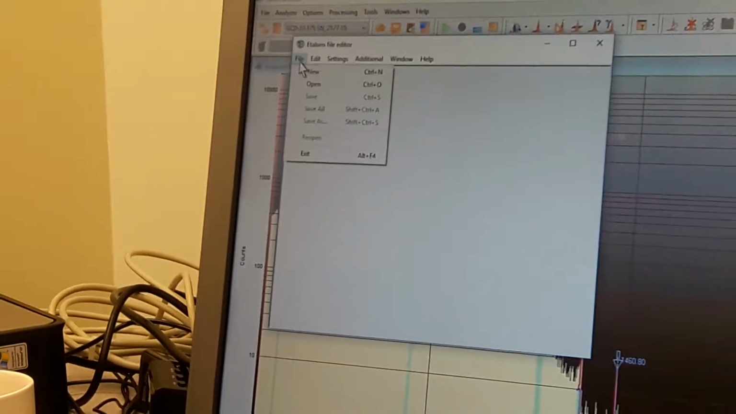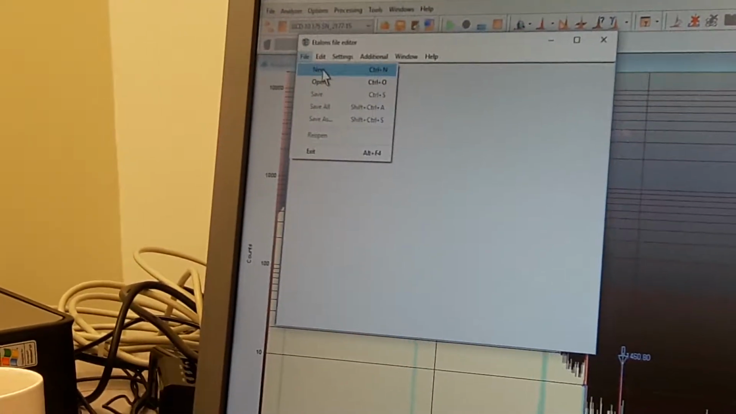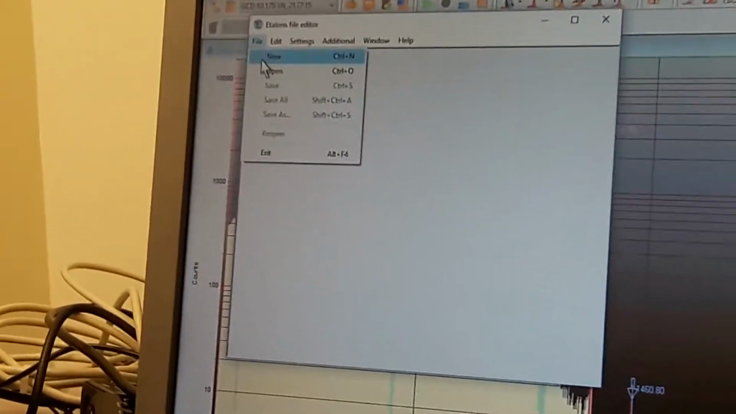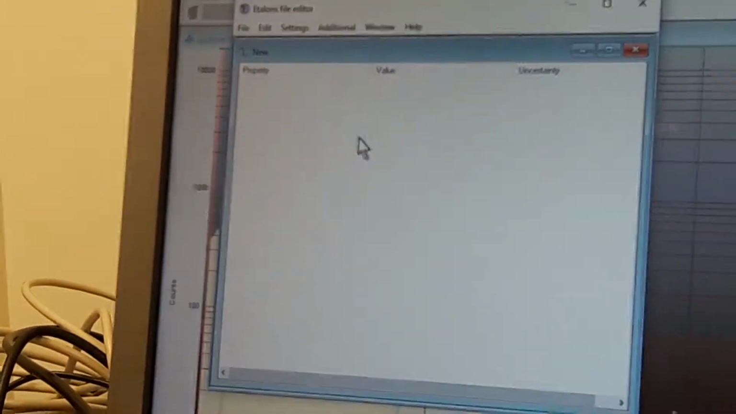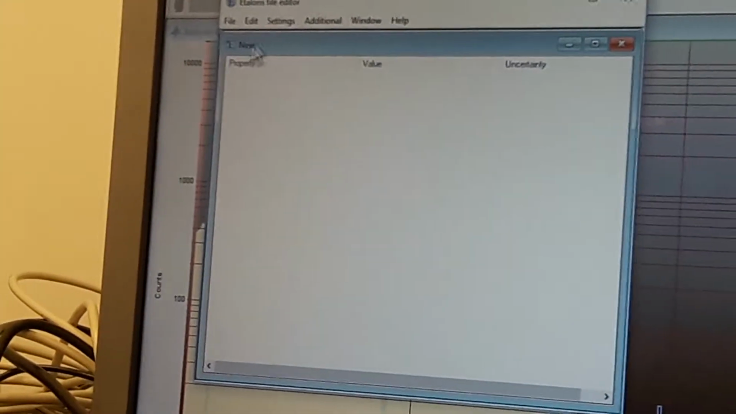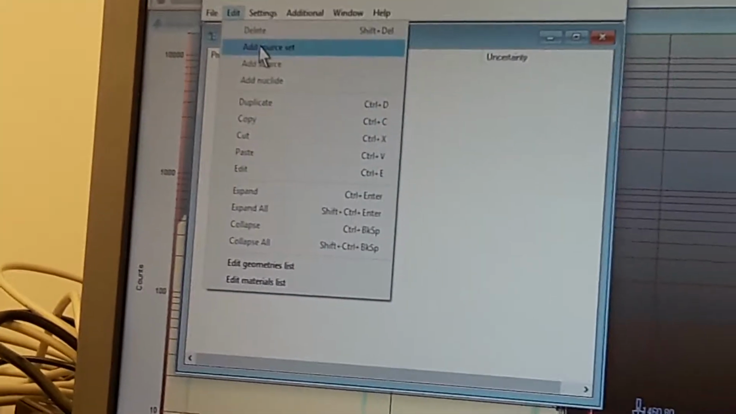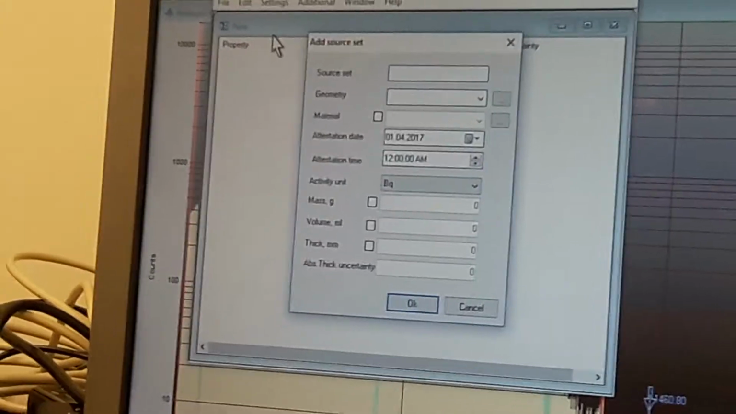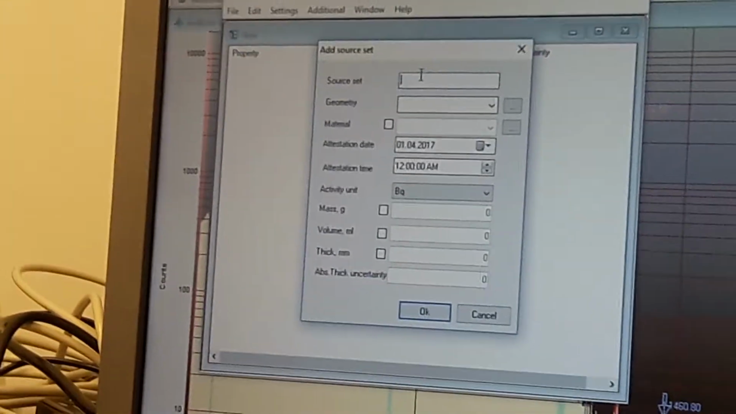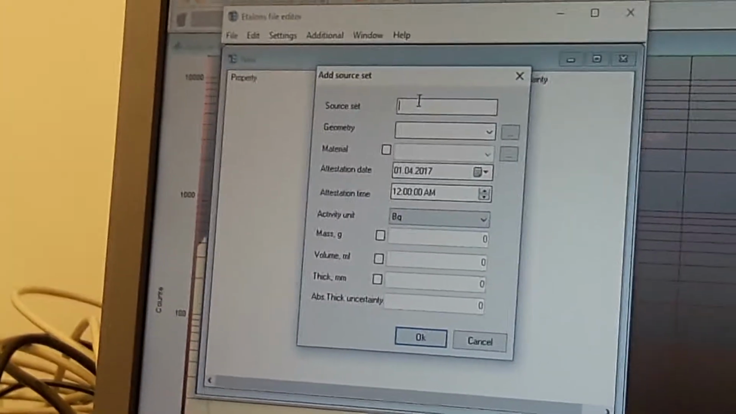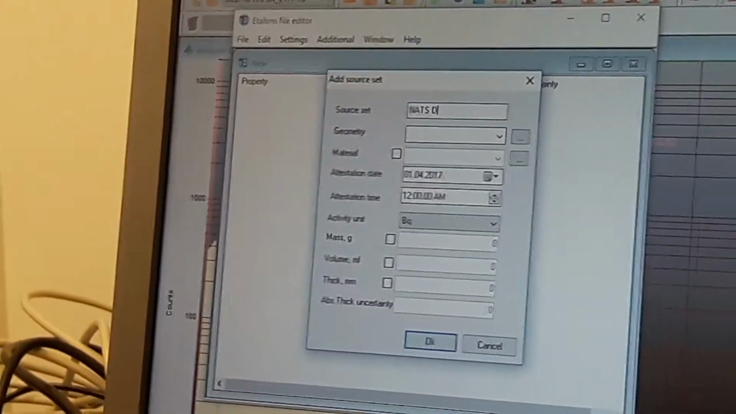So I'm going to click on the Etalon file, and then you can see that here if you had any previous file that was used in the past, it would show up in here. If it does not show up, then I'm going to go to file, and I'm going to create a new file. So I'm going to go to file, and then I will go to new, and then I will go to edit, and I will say add source set, and usually the source set means the name of the file. So I'm going to say NATS disk